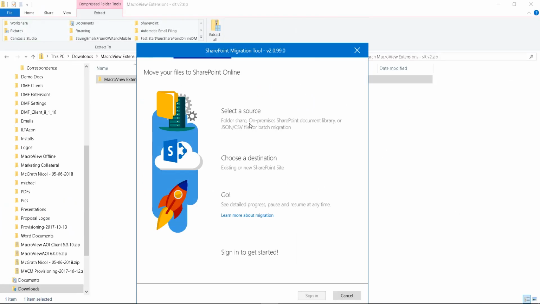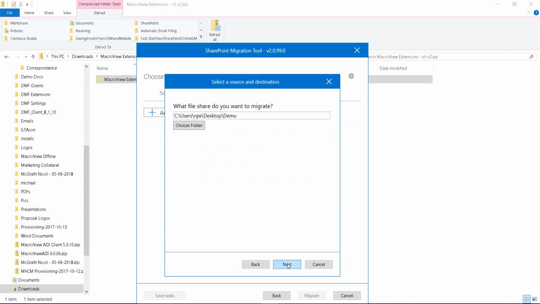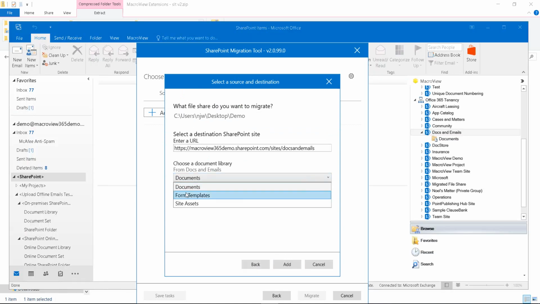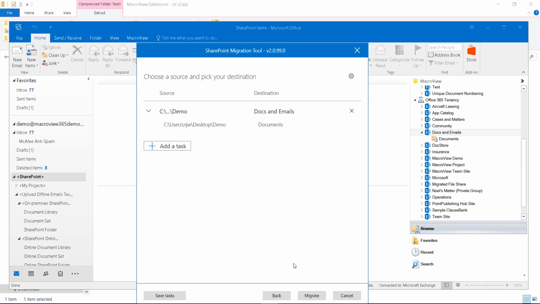We're using the Microsoft Migration tool to reproduce our existing file share folders and their documents. First we choose a source, which is the file share, and our Start Demo folder, then the destination document library in SharePoint Online. The migration commences,